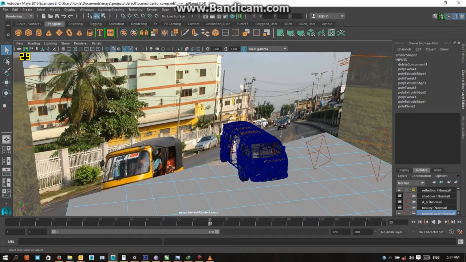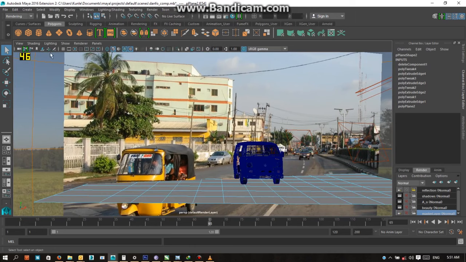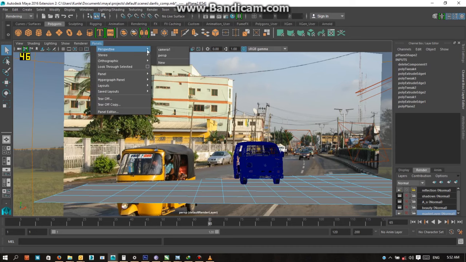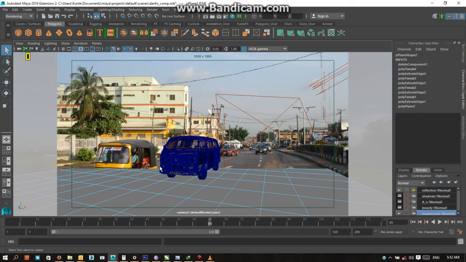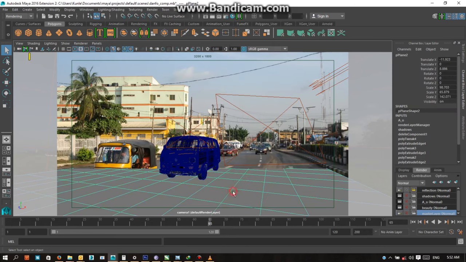So basically, the way this works is you create an image plane from either your camera view or using this button over here, image plane. When that is created, and you have to make sure it was created in a camera view, that means you have to be looking into your camera to create the image plane. So when that is created, the next thing I do is create a plane